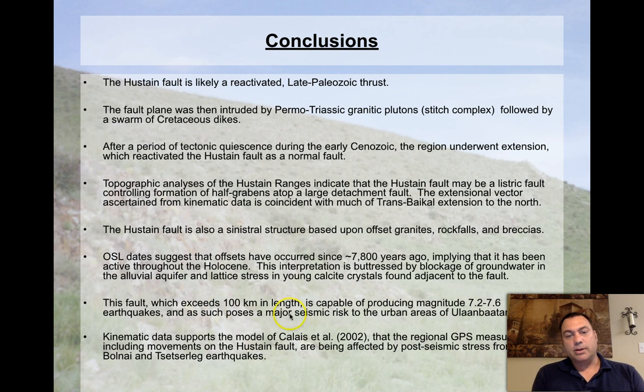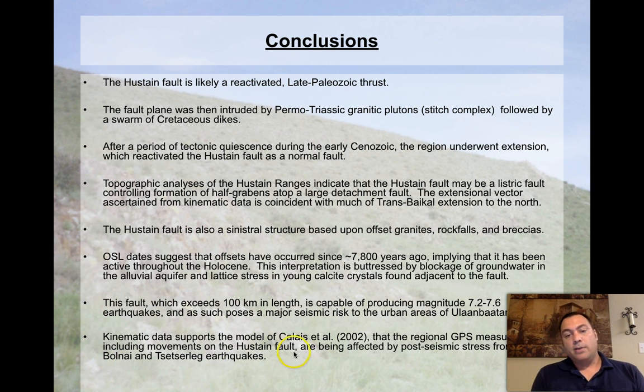The fault, which exceeds 100 kilometers in length, can produce a 7.2 to 7.6 magnitude earthquake, and it poses a major seismic risk to the urban areas of Ulaanbaatar. This cannot be ignored. This is an extremely important takeaway. And the kinematic data